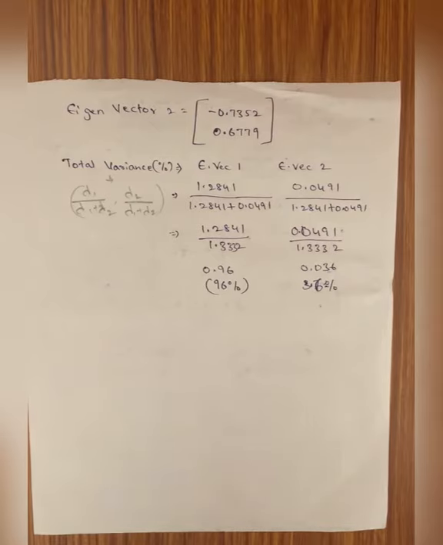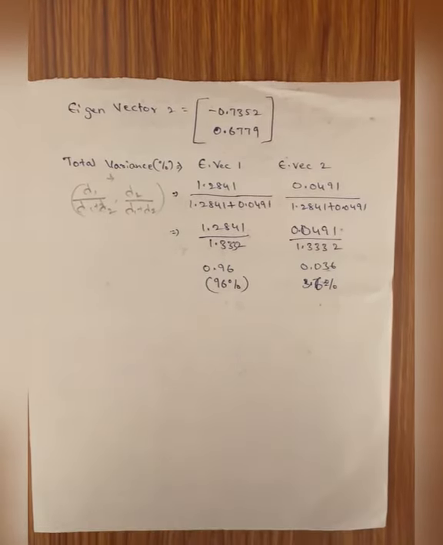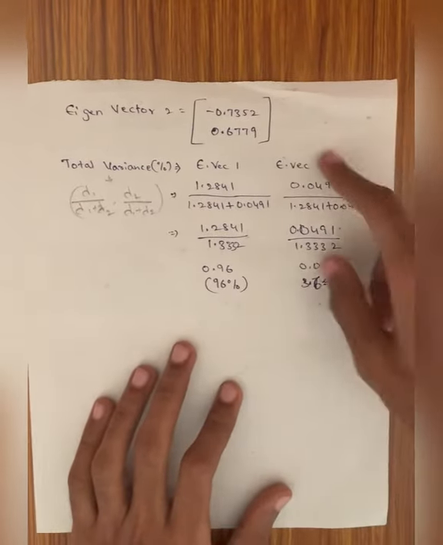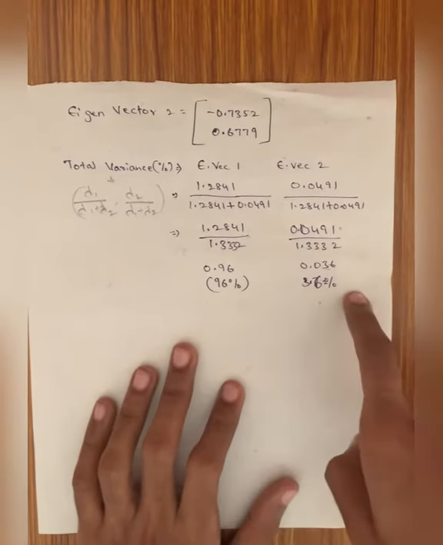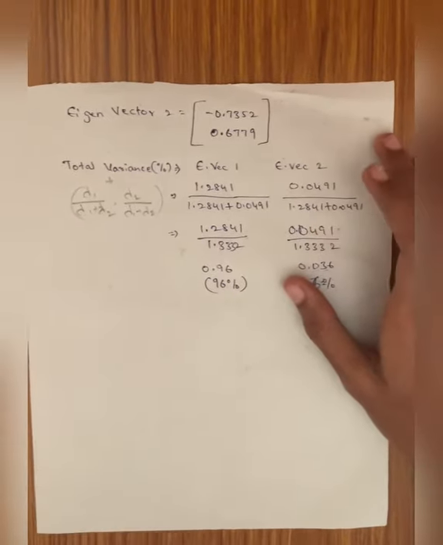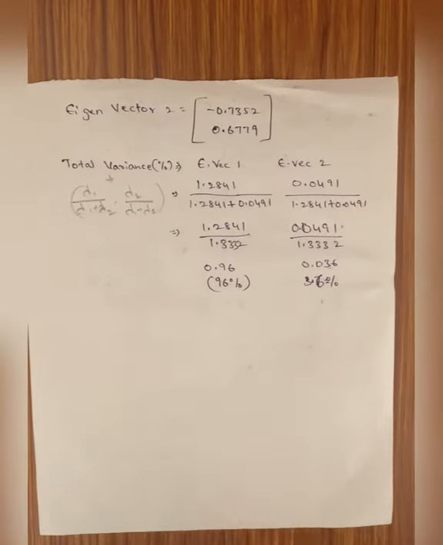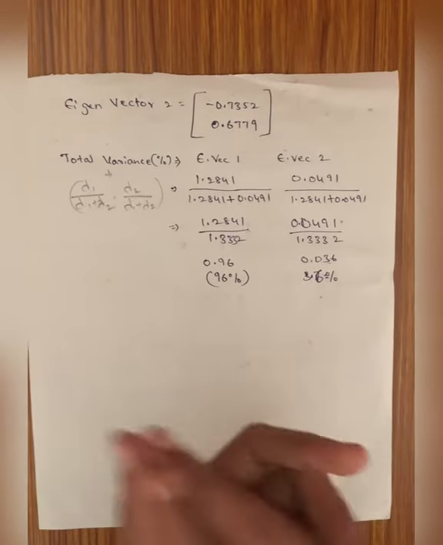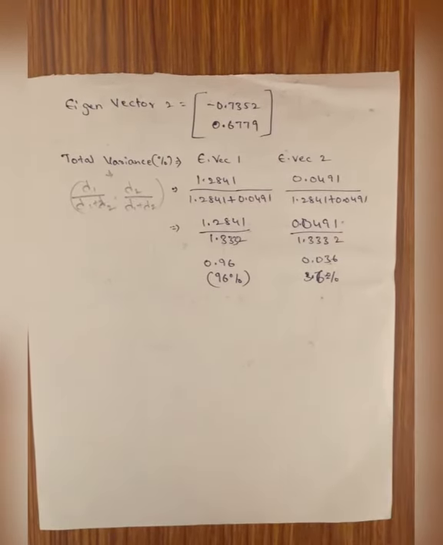The main aim of principal component analysis is to reduce the data values which are available, to reduce the stress of calculating the entire output. So based on our convenience, we can remove eigenvector 2, which is only 4% of the entire probability. We can remove this entire thing if necessary, or else we can consider both of them based on our requirements.